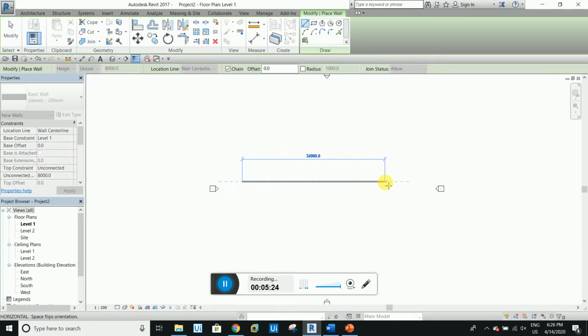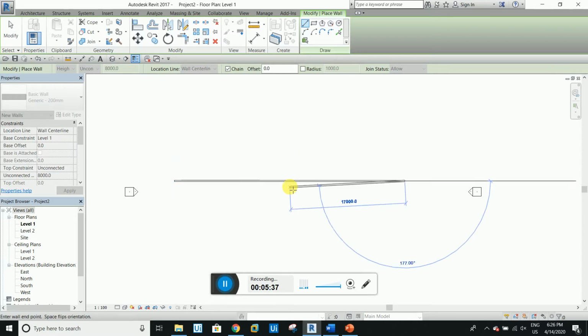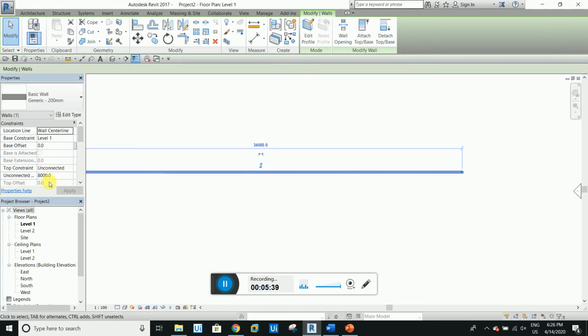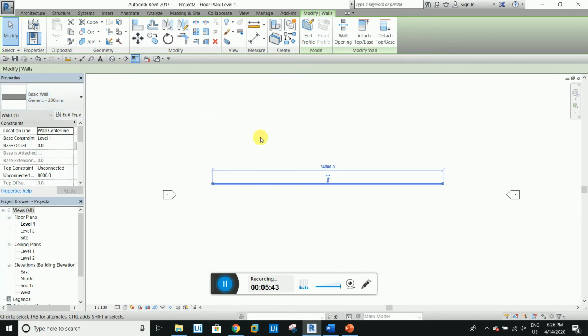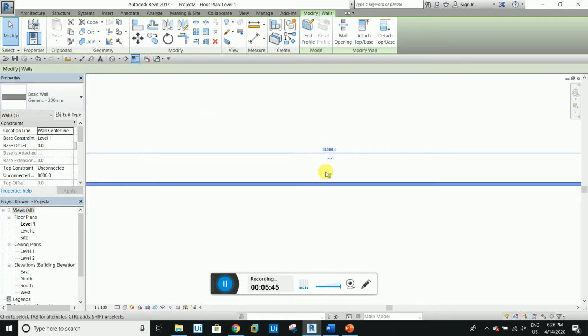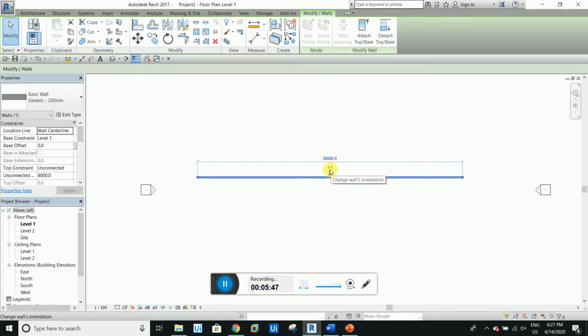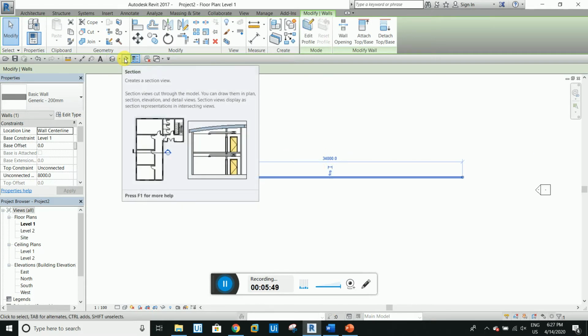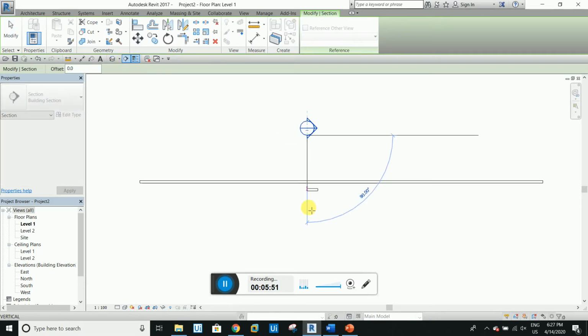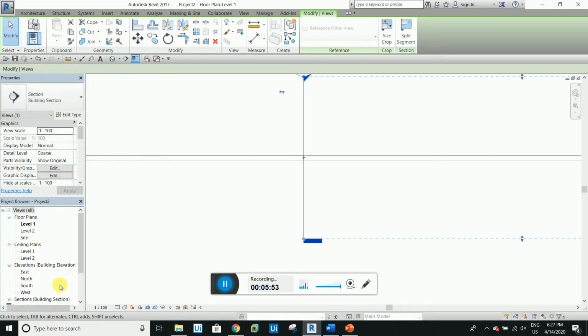You have to drag, and you can give the dimensions you need, or you just create a random one. So I click it here, or I create one like this. This is a wall. Now the wall is a basic wall, so the thickness is 200 mm only. So guys, when I make a section of this wall, from here to here, and go to the section view,